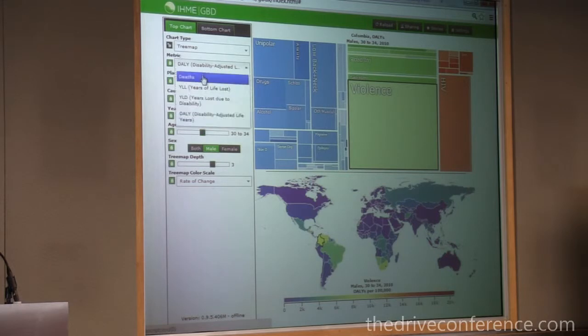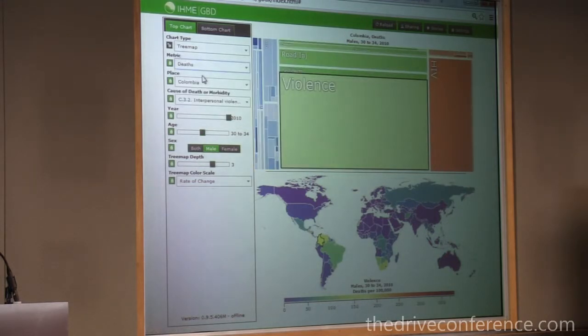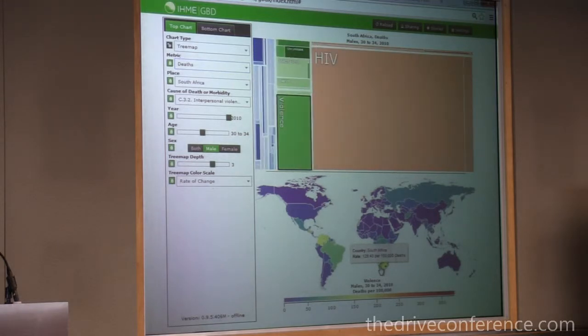And for more impressive results, if you just look at deaths, that's the dominating picture. And then you can compare, so if young male adults in Colombia die from violence and HIV, if you then go over and look at South Africa for the same picture, it's still violence and HIV, just the roles are very much reversed. So now we can start interrogating the data and look at different countries and relationships. If you want to look at specific countries right now, we can do that.